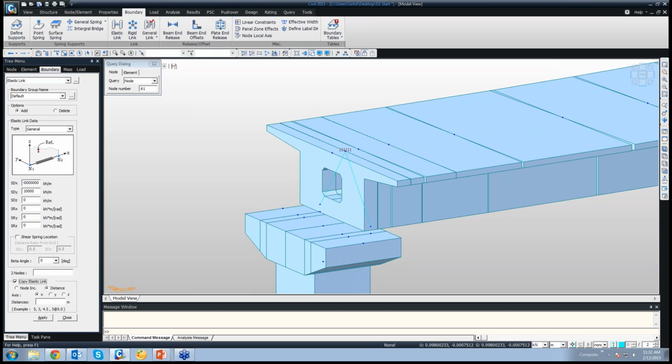And yeah, I can even copy the elastic link. So say I'm copying the link by 3.95 meter in y direction. Sorry. 3.95, and the two nodes are this and this. So if you'll notice,